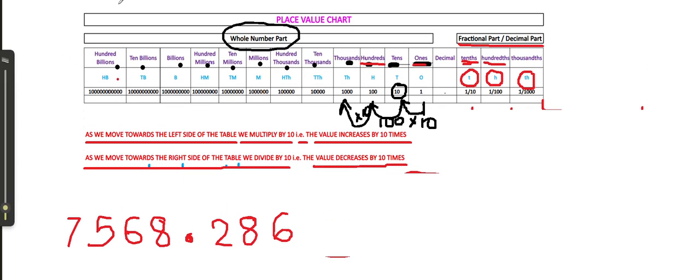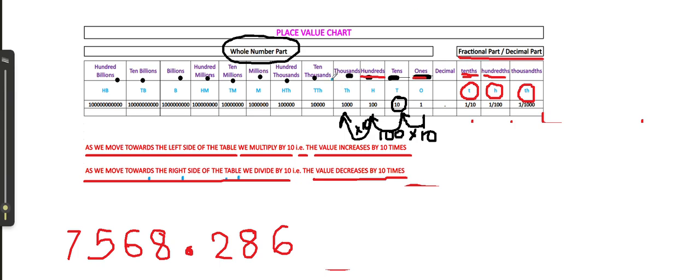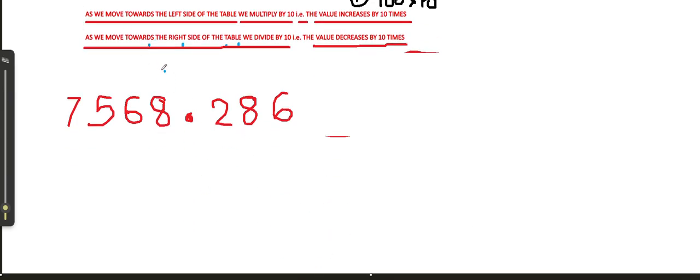How shall we do that? Let me write the place values first, which is very important. I always prefer writing the place value so that the sum gets easier. Ones place, tens place, hundreds place, and thousands place. I'm first going to write the place values for the numbers which are on the left side of the decimal place. Then I will move to the ones which are on the right side of the decimal place. So we have tenths, hundredths, thousandths. Okay, now I'm going to expand it. Dealing with this part first,